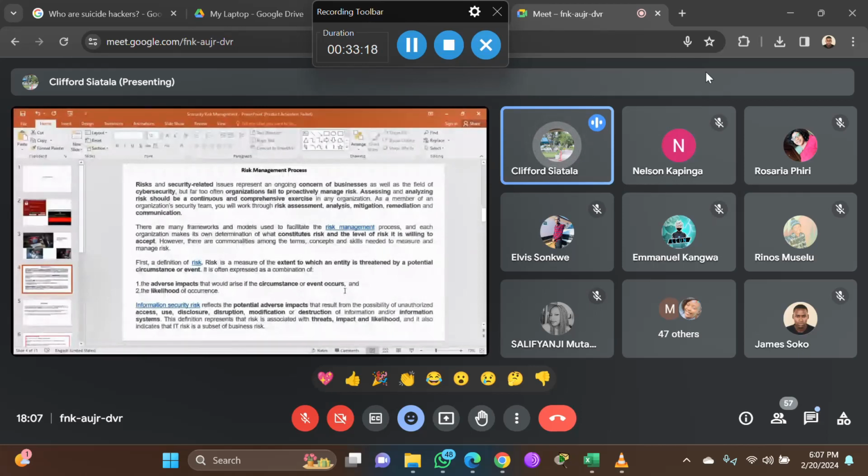So what is the possibility that it can happen or we can be hacked? That is the likelihood. In most cases, you find that management wants to preserve spending money. So you have to explain the likelihood. What is the likelihood that when we don't buy antivirus, we'll have viruses on the network? Maybe 10 out of 10. So you explain all that. So that is what the risk is. It is expressed in terms of the adverse impact if something happened and the likelihood that this would happen.